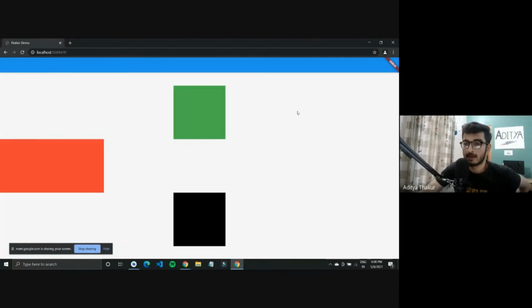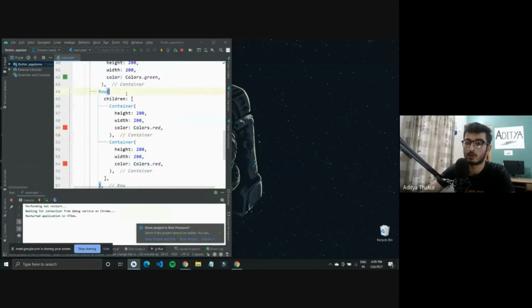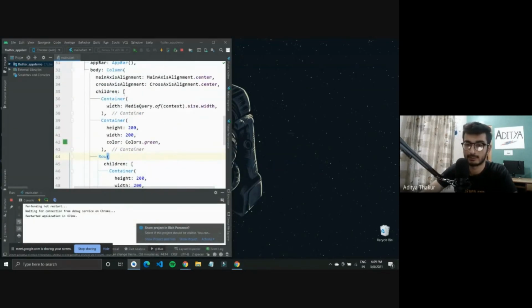So right now what is happening is, this is the whole screen. These two widgets are being aligned in the center, both from the top, as in from the main axis, and from the side, that is the cross axis on the two sides. But nothing is happening to this row widget because it has some properties of its own that you can define.